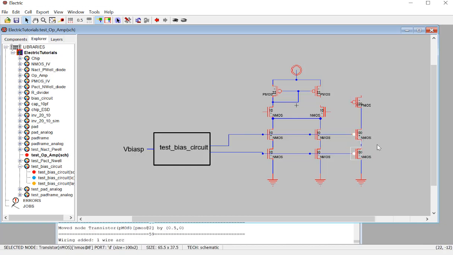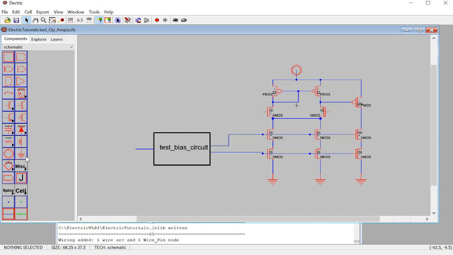No, that's a gain stage, not gain load. There's no such thing as a gain load. All right, so that's V out, and V out is being shorted to here. That's pretty much everything, and we need the 3 pins, V bias P, and V bias P needs a pin,